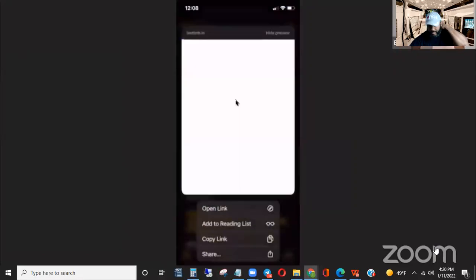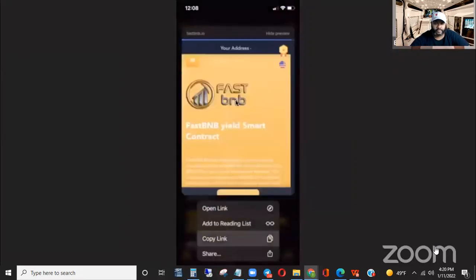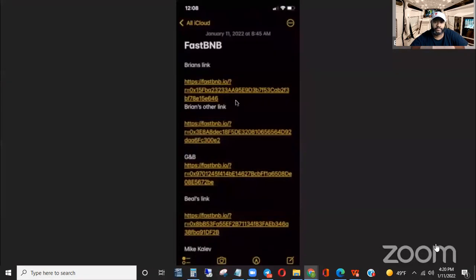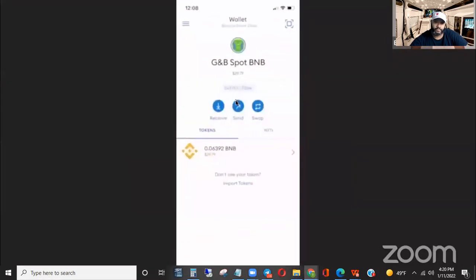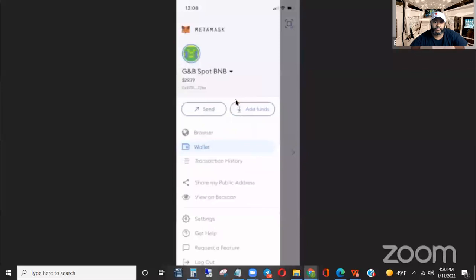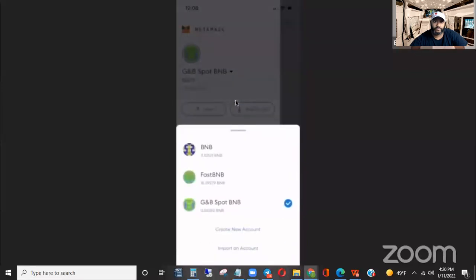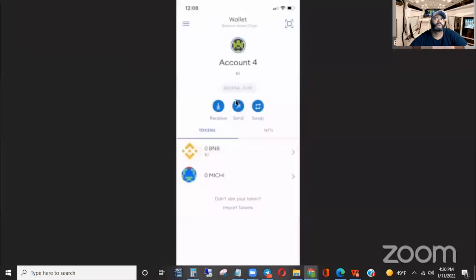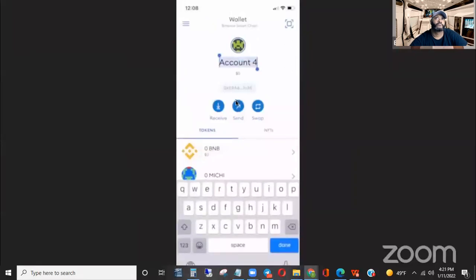But what they're going to do is just hold that link down and copy it. That's it. Then they're going to go back to their MetaMask. So in their MetaMask, maybe they just created an account. So right here, they created a new account. So they're going to go to their account and they're going to name it. You just hold this down right here and call it